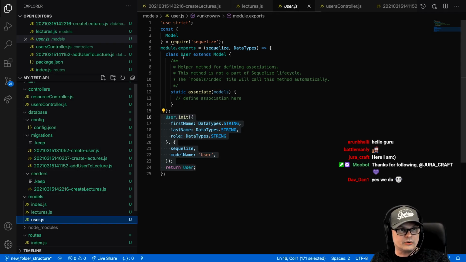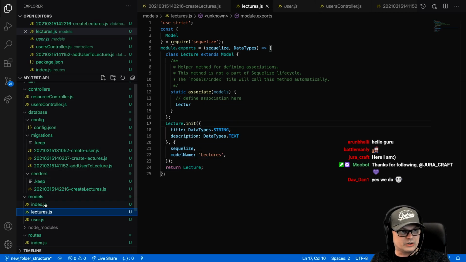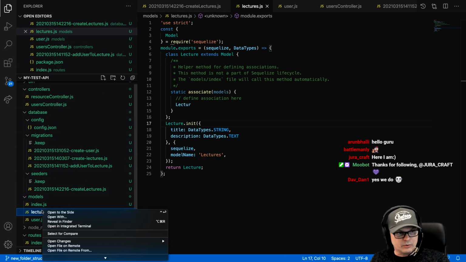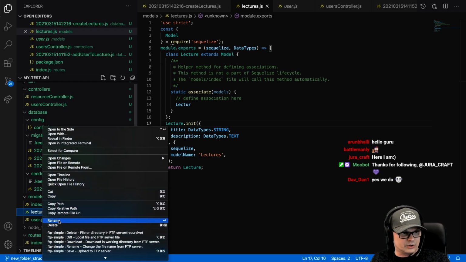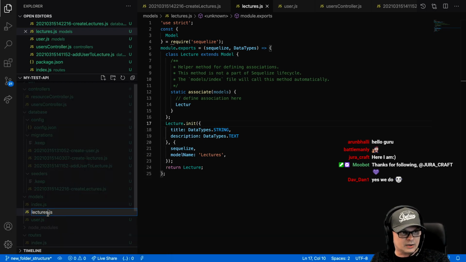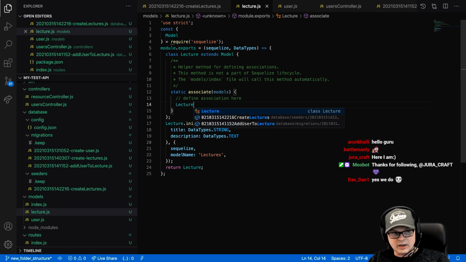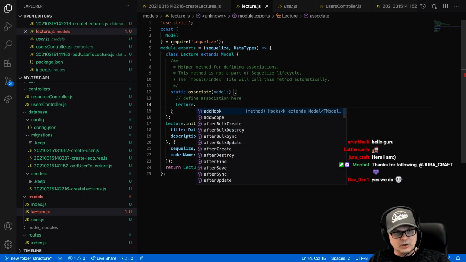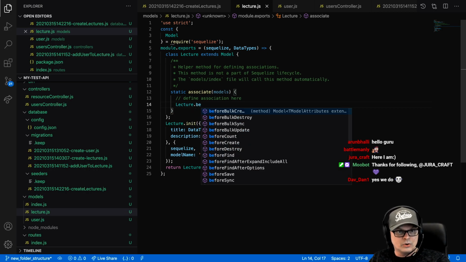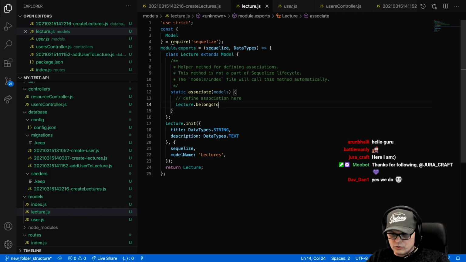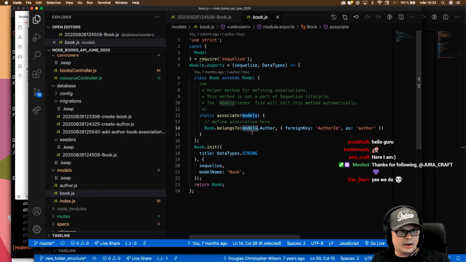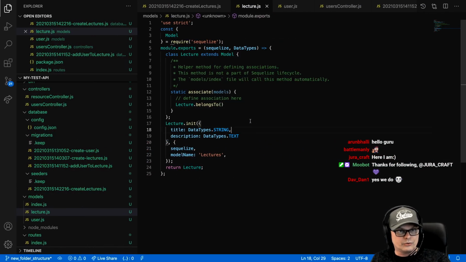As you know, here I used user singular, right? But I made a mistake here. I would, by the way, rename this to singular and see if I'm breaking the whole thing now. But we'll get to that. Lecture belongs to, and then we say models.author. So I could, in principle, destructure this and say